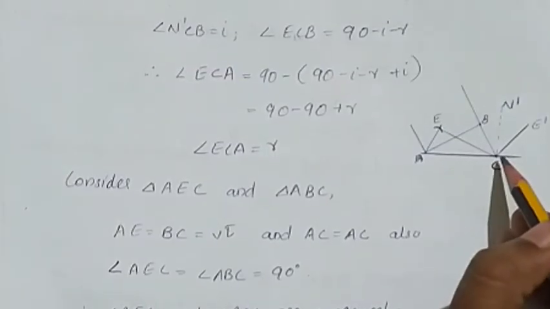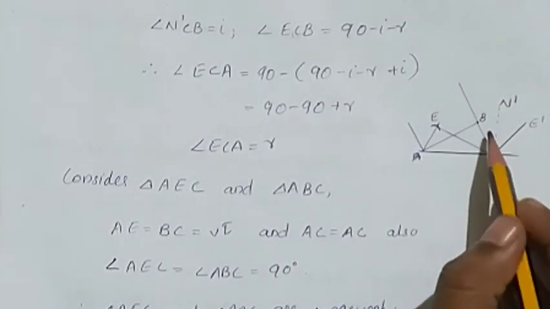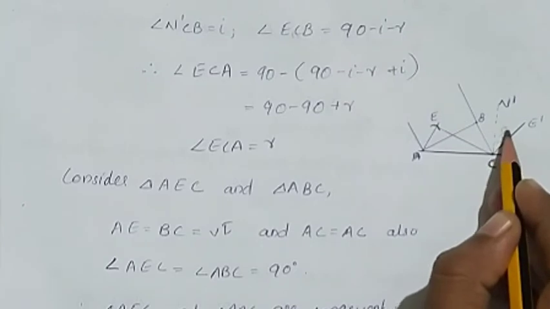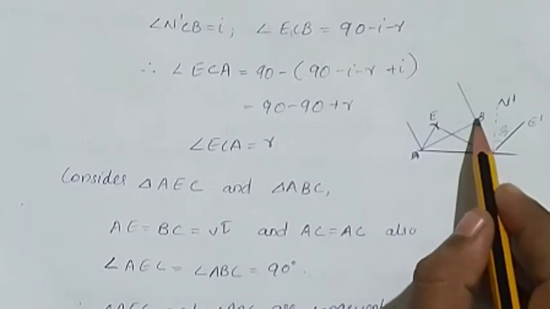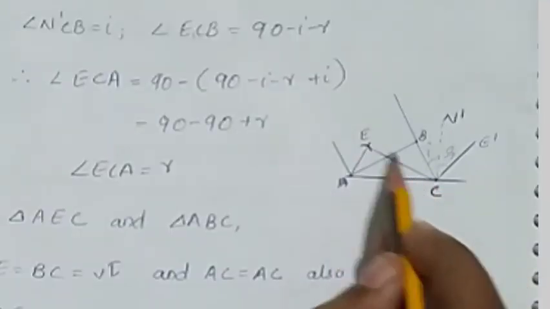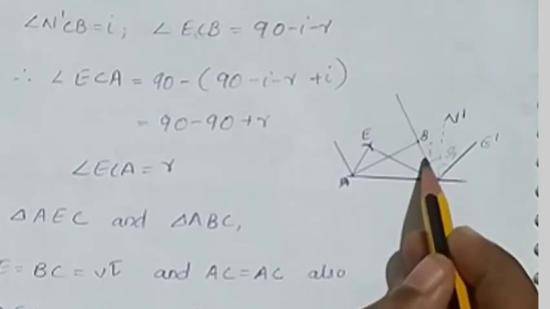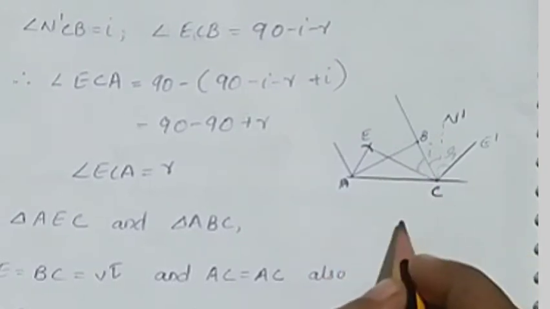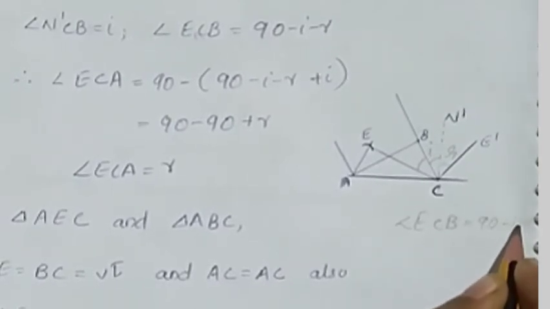If we analyze more closely, the normal N dash and the parallel line CE dash make an angle R, the angle of reflection, whereas the extended end of B makes an angle I with N dash, and the line EC is perpendicular to CE dash, that is, this altogether is 90 degrees. Therefore this side can be taken as 90 minus I minus R, that is, angle ECB here is 90 minus I minus R.